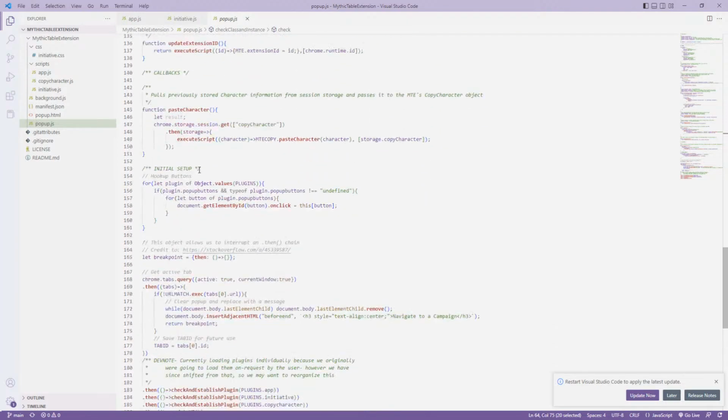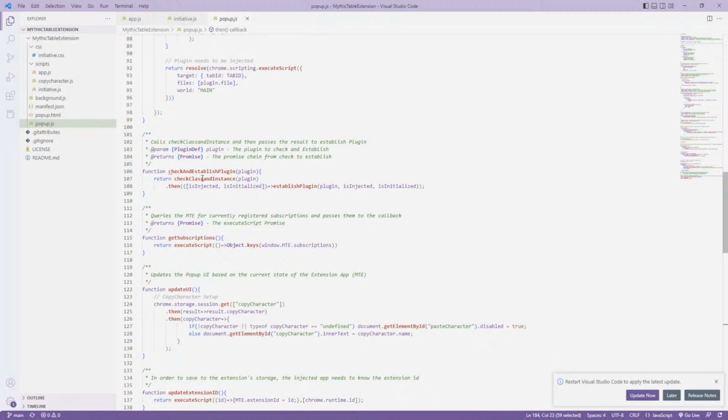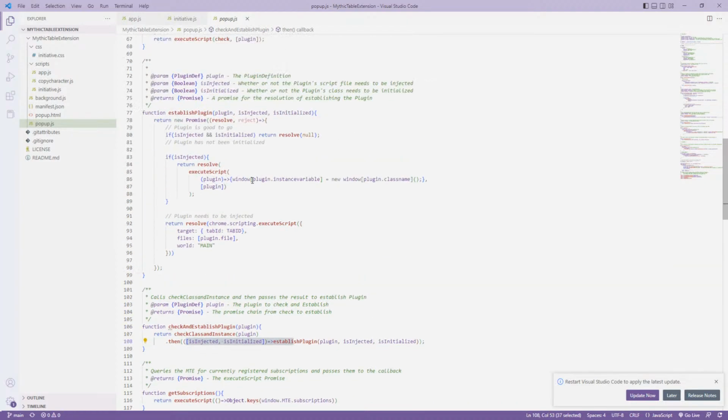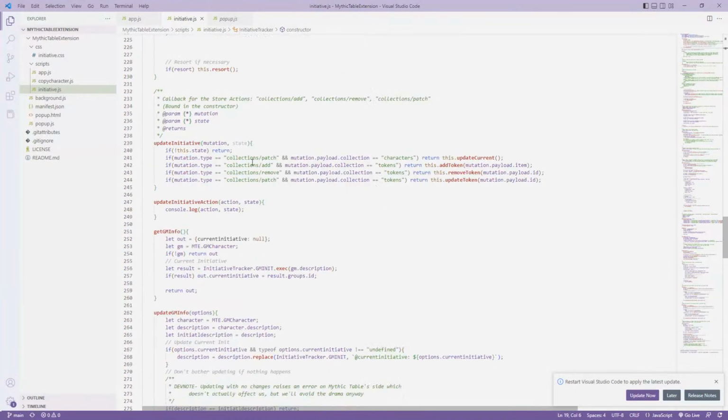And that all feeds down to this check and establish plugin, which, as you can see here, we check the class and instance, which is the function we just looked at. Then we pass that on to establish plugin, which, if it is injected and initialized, we don't need to do anything. So let's go ahead and just hop over here to initiative really quick as a demonstration. When this is first injected,